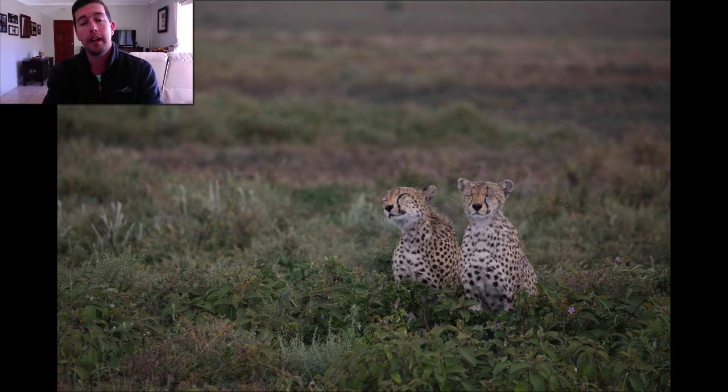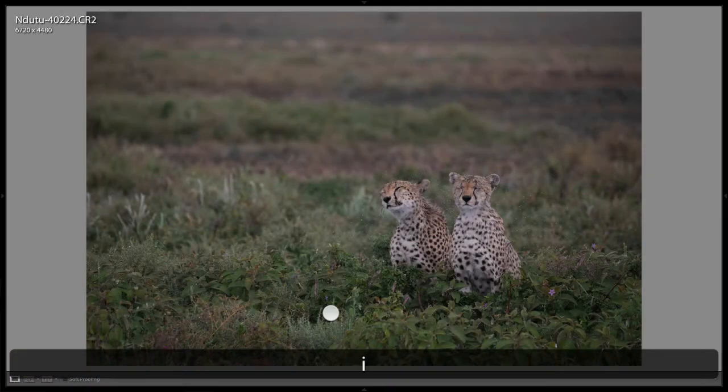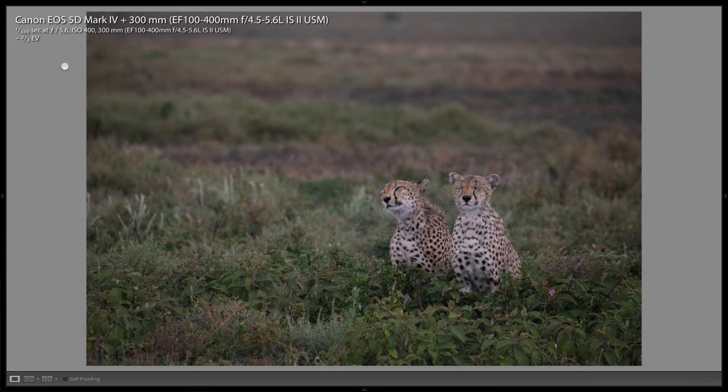And then if you want to get some blur in the head and also more of a streak in the droplets, then you'll go for a slower shutter speed, something around about an 80th of a second. That will give you that nice spray that you can get. All right, so with Lightroom, it's also quite a handy tool to learn from. If you hit I twice, it actually gives you your settings when you captured this particular image. So as we mentioned, she went for a faster shutter speed, 1/500,